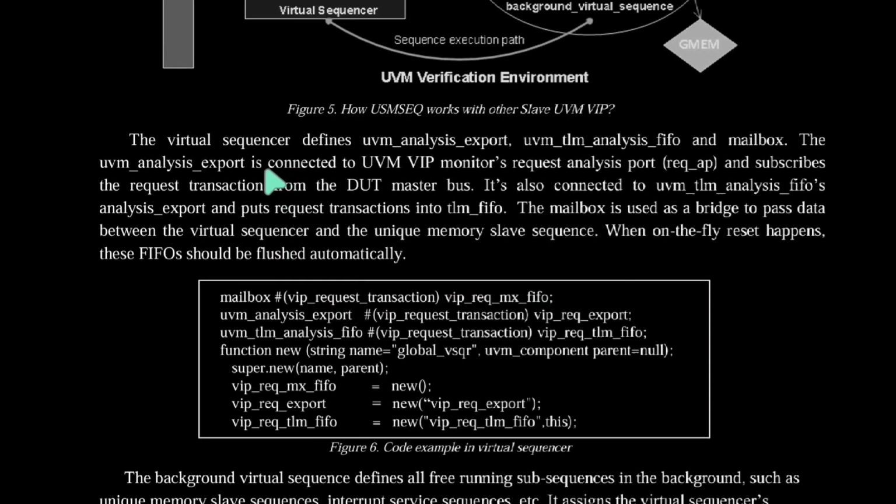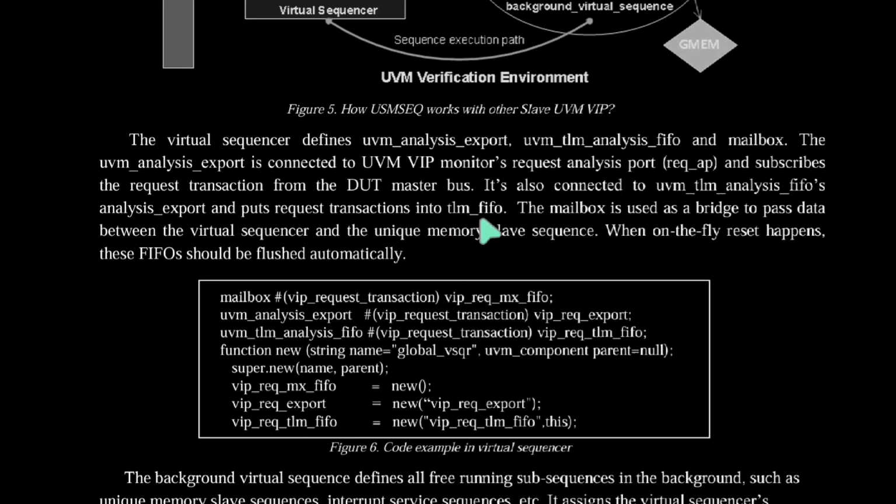The virtual sequencer defines a uvm_analysis_export, a uvm_tlm_analysis_fifo, and a mailbox. The uvm_analysis_export is connected to the UVM VIP monitor's request analysis port, req_ap, and subscribes to the request transaction from the DUT master bus. It's also connected to the uvm_tlm_analysis_fifo's analysis_export and puts the requested transaction